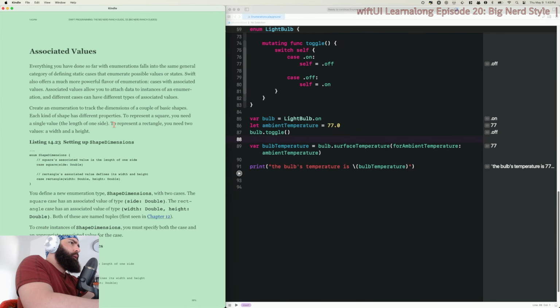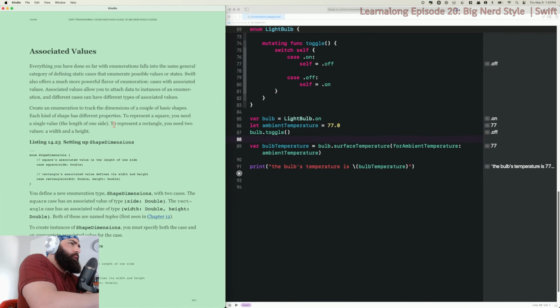Okay, a new thing. Associated values. Everything you have done so far with enumerations falls into the same general category of defining static cases that enumerate possible values or states. Swift also offers a much more powerful flavor of enumeration. Really?